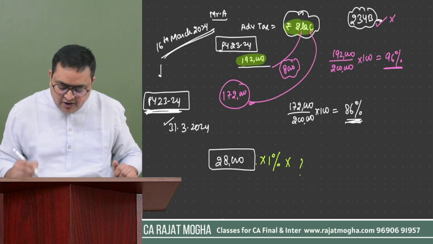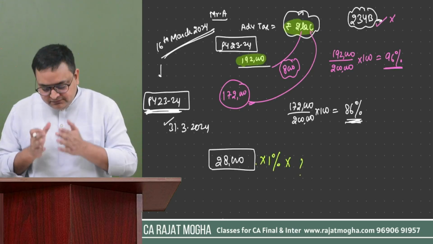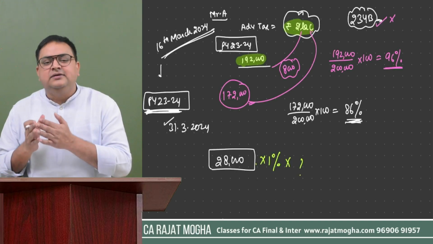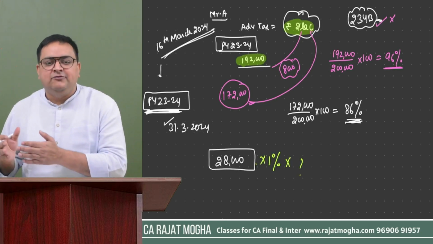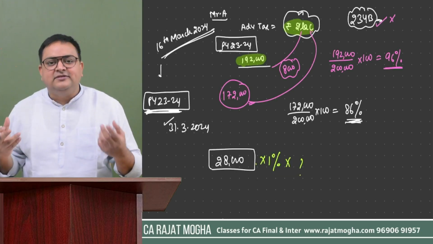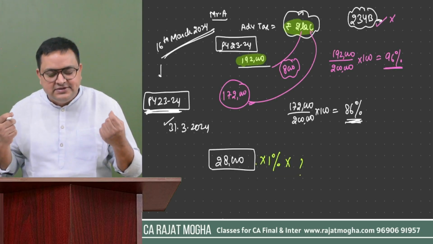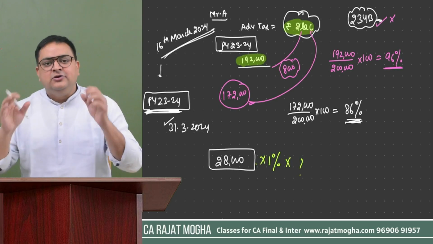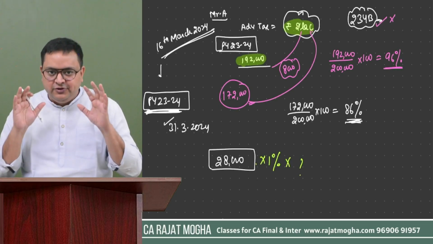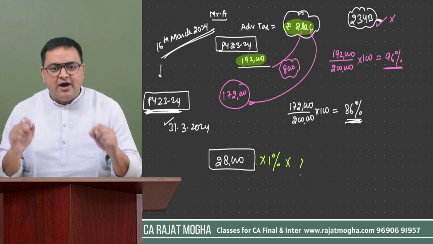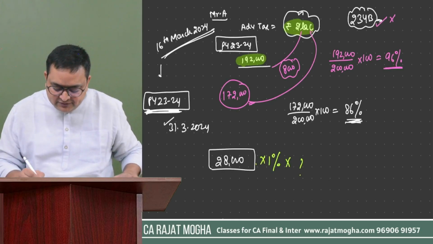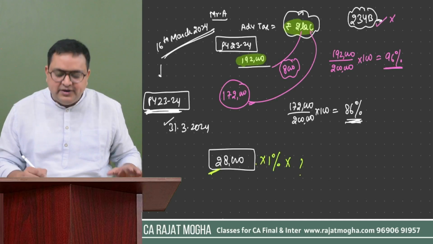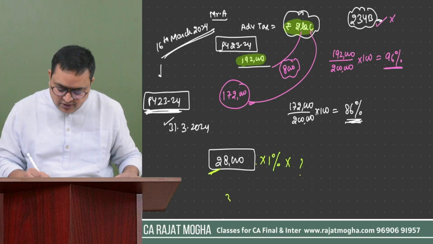For how many months do you have to calculate? Technically, in the section it is written that you have to calculate up to the date of assessment. But assessment procedure is not in the CA Intermediate course, it is in the CA Final course. So generally, for your CA Intermediate examination, you have to see whenever you will be depositing this amount. Let's say you have deposited this 28,000 rupees on 30th of June